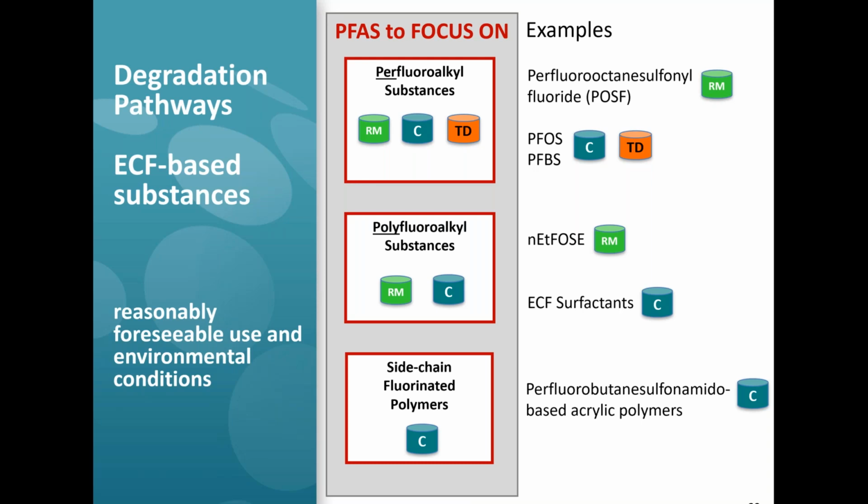I've called out the octane sulfonyl fluoride here. It's got 8 carbons. It could be the butane, which is 4. That's more commonly practiced today by some of the leading producers. Things like PFOS and its homologue PFBS, butane 4, they were and are both commercial products and terminal degradation products. And as Steve mentioned earlier, it's with perhaps a degree of remorse that we still have to talk about